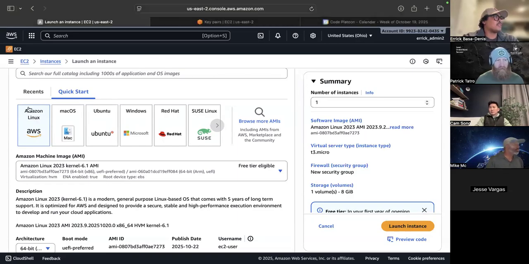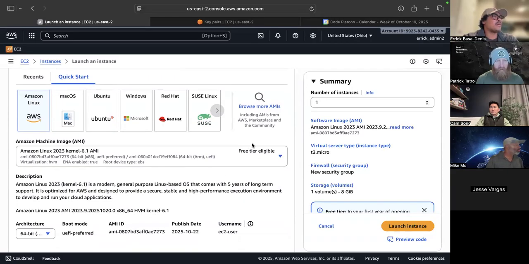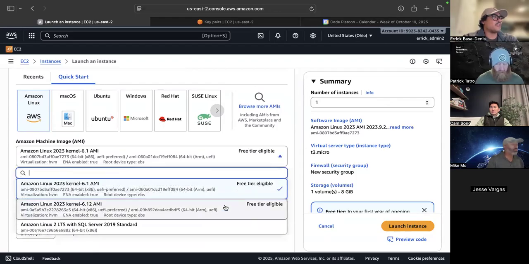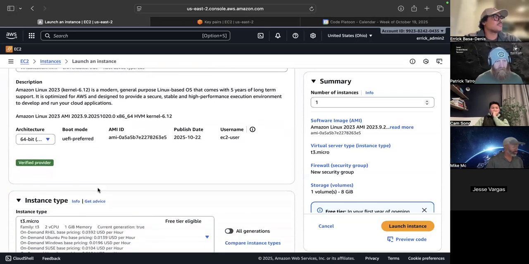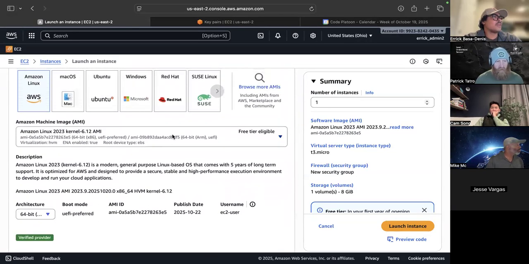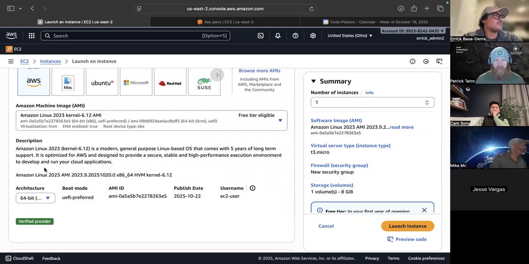We're going to ensure that the Linux tile is clicked. And right below that, we have the different versions that we can choose from. Right now, there's only two free tier eligible versions. Amazon Linux 2023 kernel 6.1 and 6.12. We will use the later version of 6.12. So after you click the certain version that you want, the AMI that you want, then you don't have